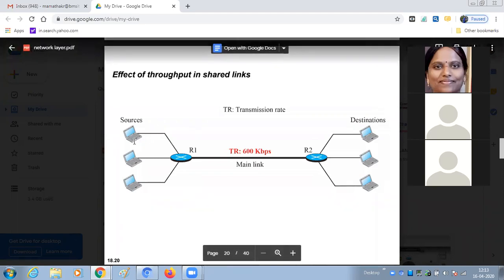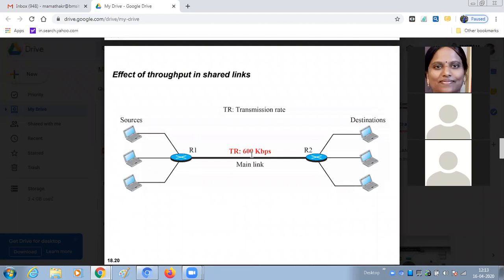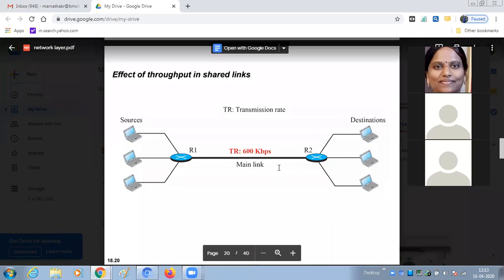So in that case, what can be the main transmission rate of the link? Even though this is supporting 600 kilobits per second, by the time it comes here, because it is divided into 3, each station at the destination can support only 200 kilobits per second. So 200, 200, 200 becomes 600 kilobits per second.